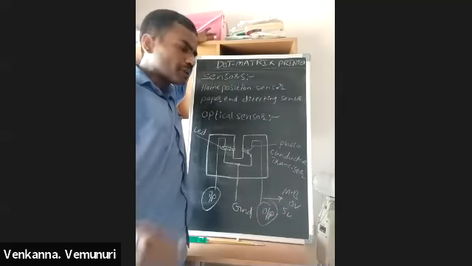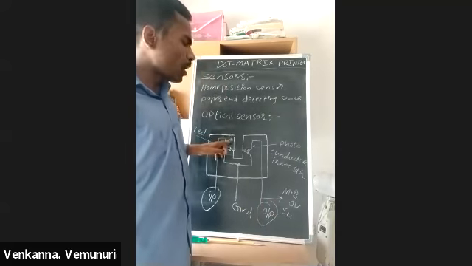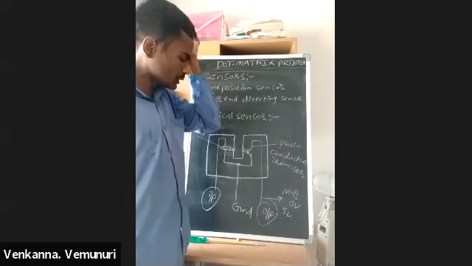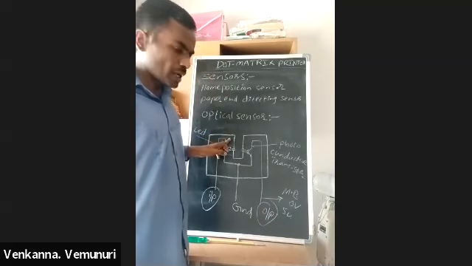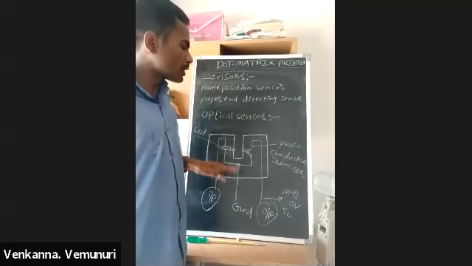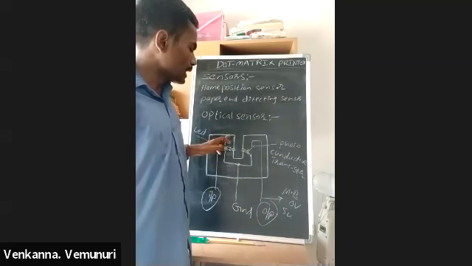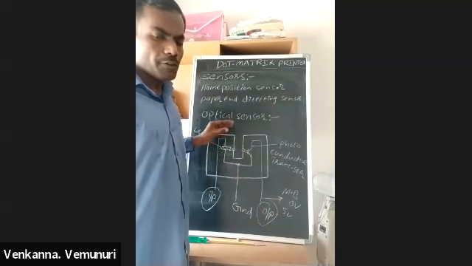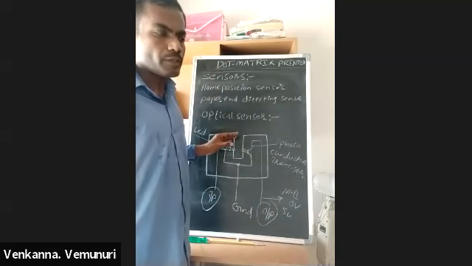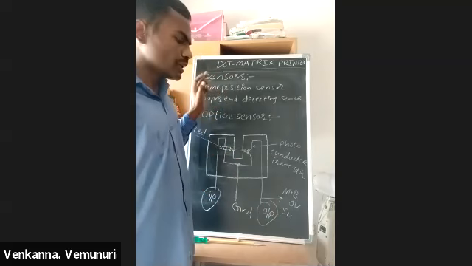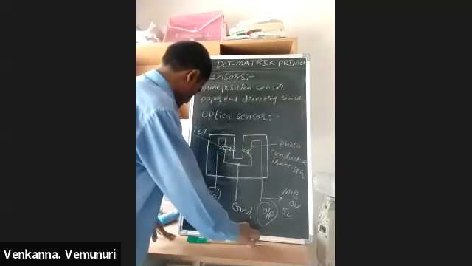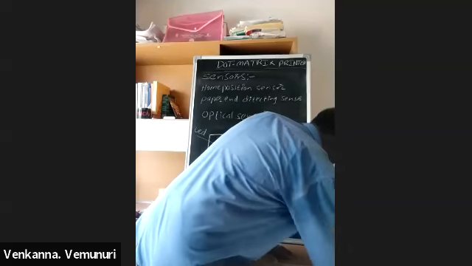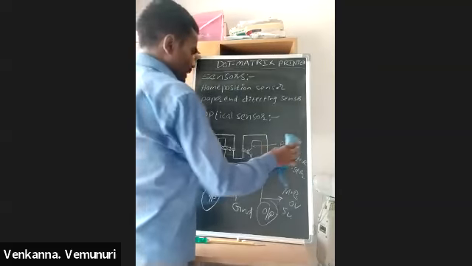Nowadays, every printer is using this optical sensor. It is also used in dot matrix printers. Nowadays, all the latest dot matrix printers use only optical sensors. This optical sensor's performance life is much longer compared to the leaf switch. The leaf switch is old, outdated technology. Presently, we are using this optical sensor.